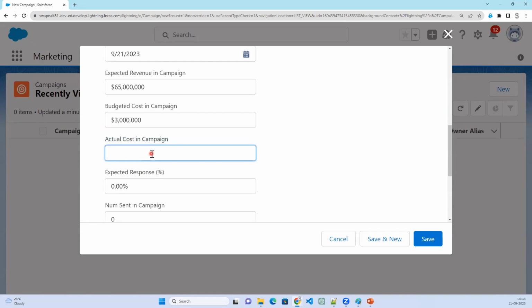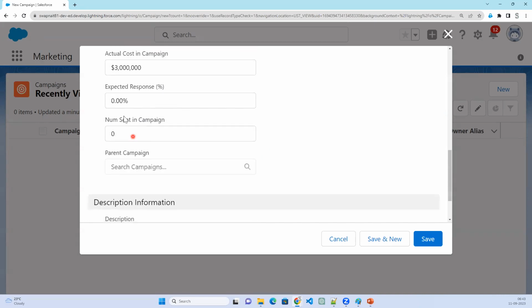Now, actual cost. What is the actual cost? Which will be the same. Now, expected response. How much response are we going to expect from the customers if we do the trade show? So 90%, out of 100, 90% we are expecting. Numbers sent in the campaign. Now, how many numbers are sent? Now, parent campaign is nothing but